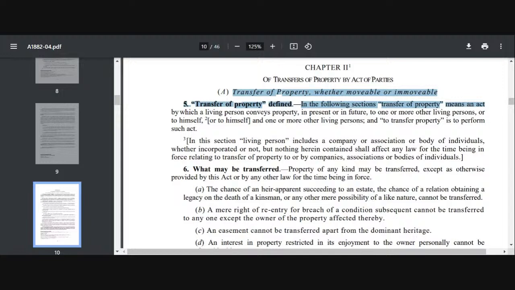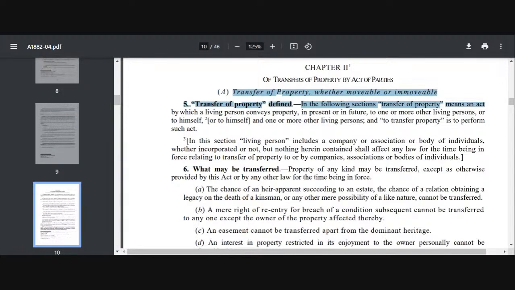Now come to section 5, which is again a very important section. You cannot miss 5 से 53A जो है, अगर आप देखो तो section 5 आप मिस नहीं कर सकते हो. क्यों नहीं कर सकते हो? क्योंकि section 5 में defined है transfer of property, whether movable or immovable, right? 5 to 53A deals with transfer of property का definition.